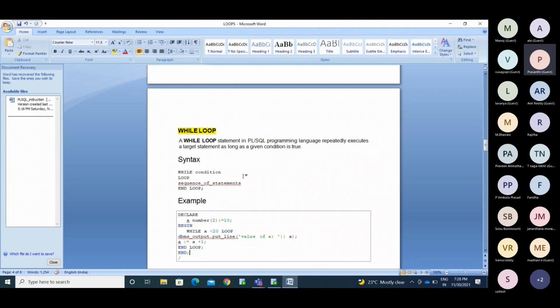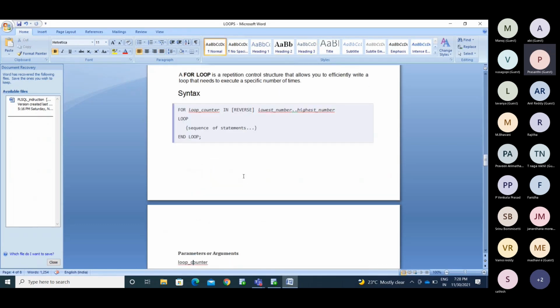Another thing we have is the for loop. The for loop is a repetition control statement that allows you to efficiently write a loop that needs to execute a specific number of times.